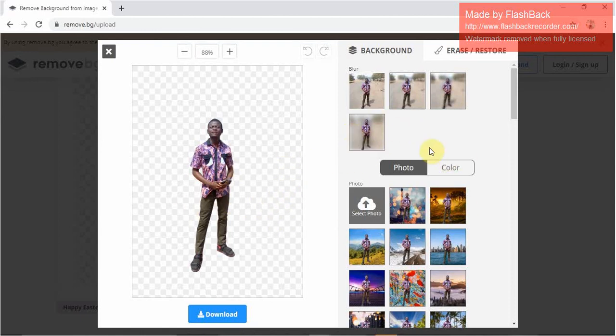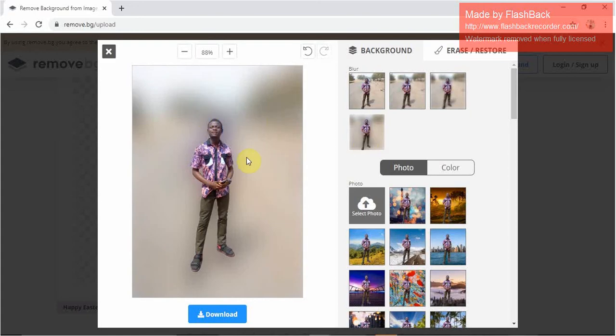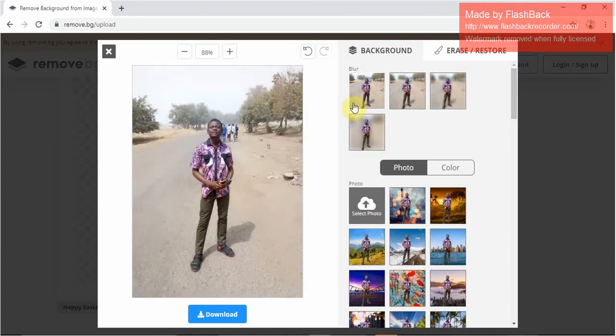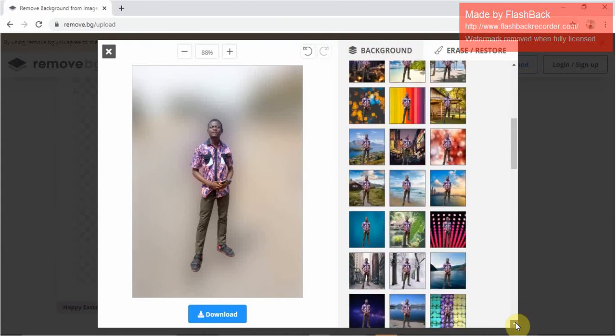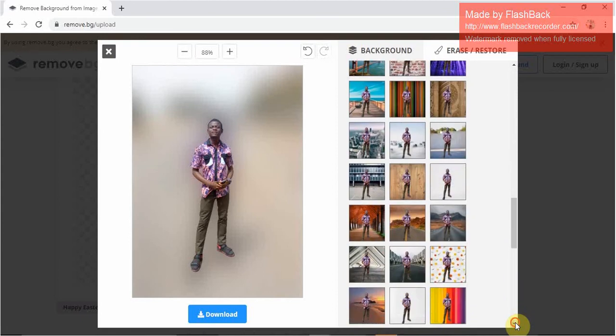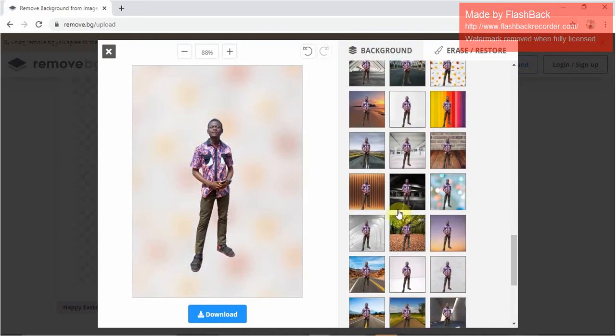So there are some steps you can take. If you want to blur the current image background, just be careful. Let's allow the image to load, please. You can see the current image background, where we make it bright and where we make it blue. And we have other backgrounds from the website. You can see them. So you just choose any one that you like, that will fit into the picture.